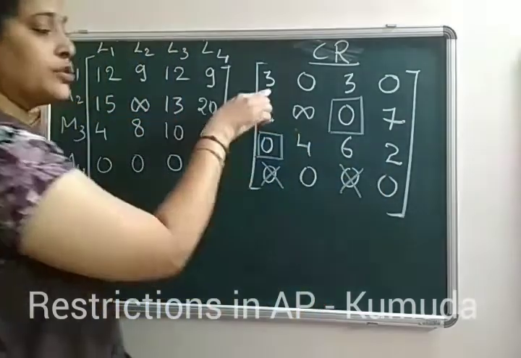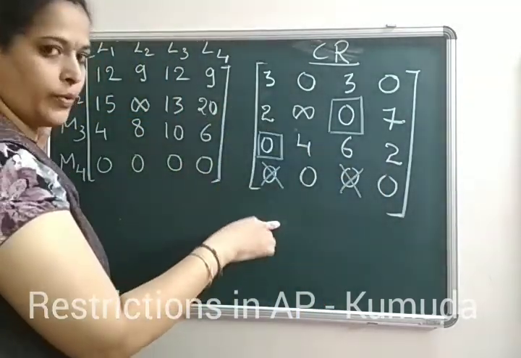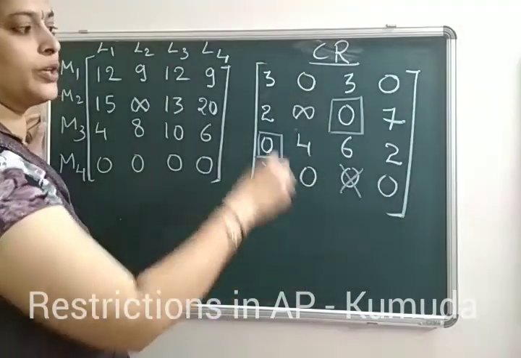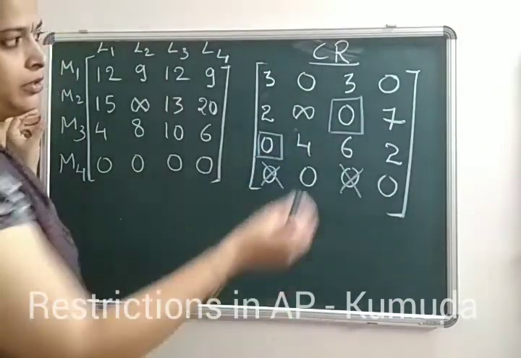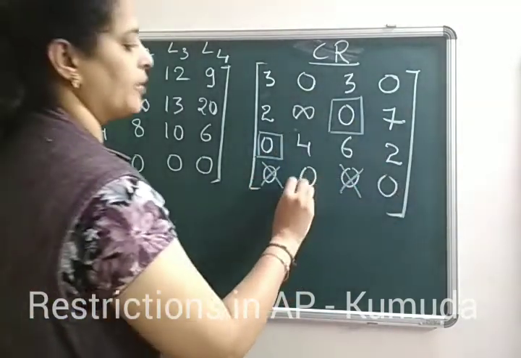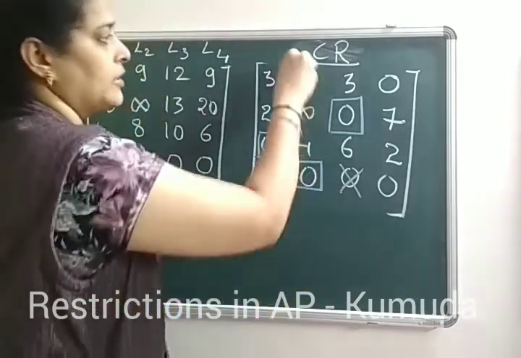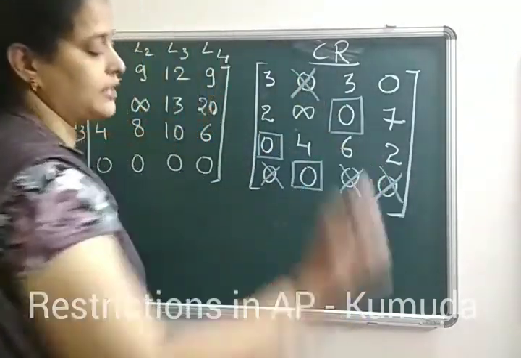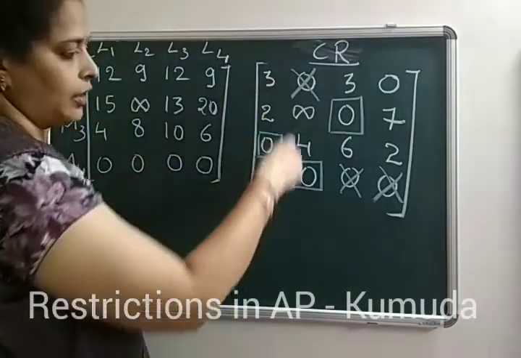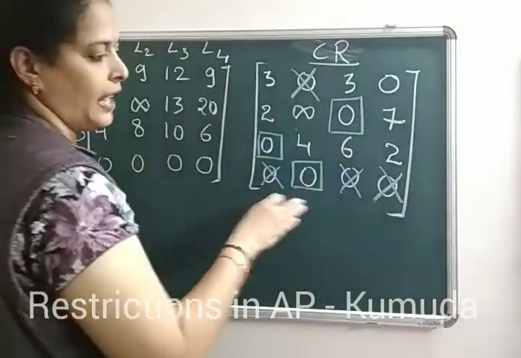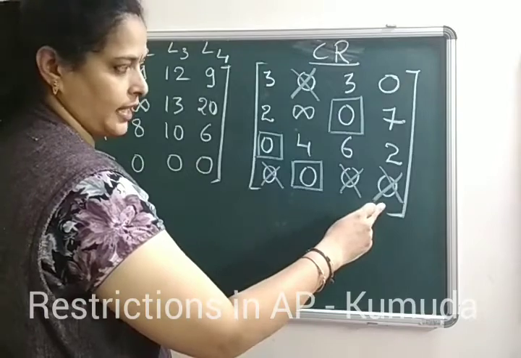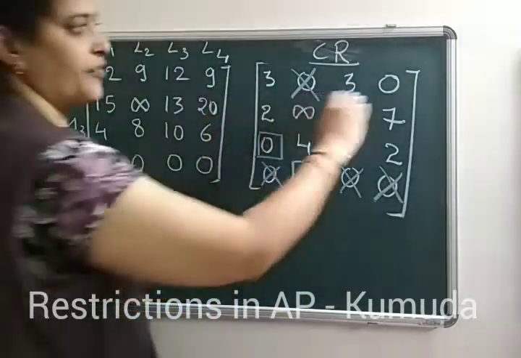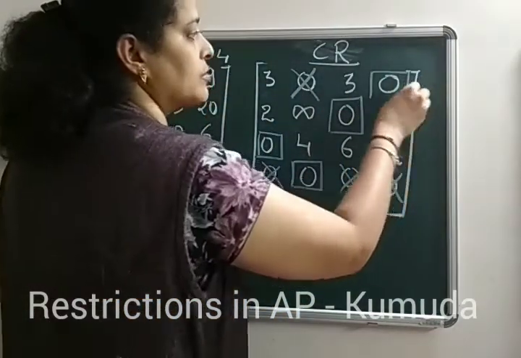Now we have the first row with 2 zeros and the last row also with 2 zeros. So the choice is yours. You can choose either of them as the first choice. So if I block this as an assignment, this gets cancelled, and even the element in the row also gets cancelled. In the column I have a 0, it is cancelled, and in the row also I have a 0, it is cancelled. Now we can see that the first row is left with only one particular 0, so block this.